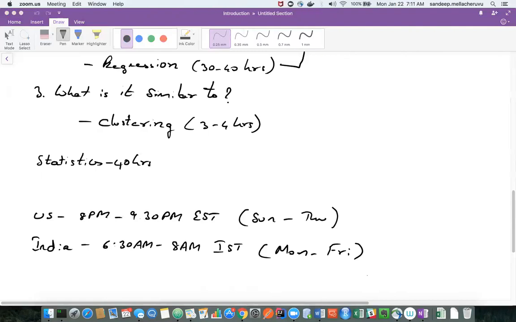So you can save my email address. Subbu, you can also post me your email address so that I can send you whatever I have.